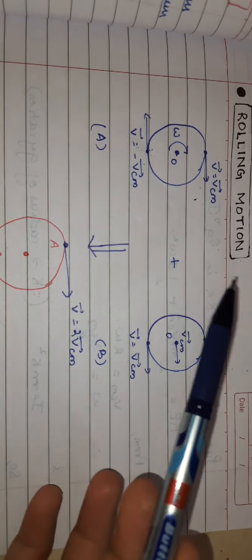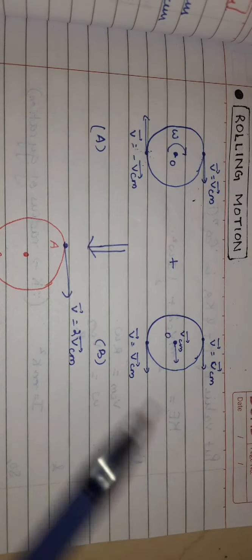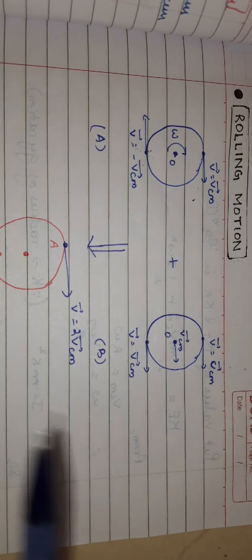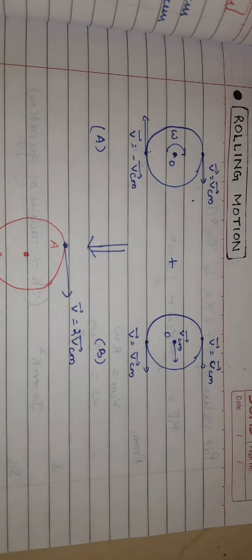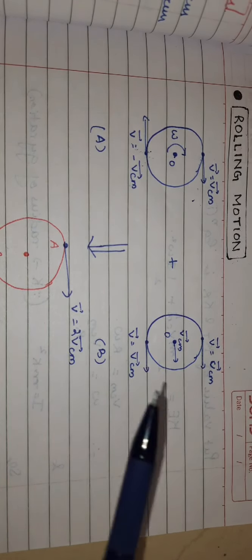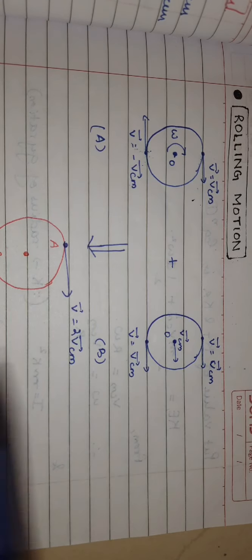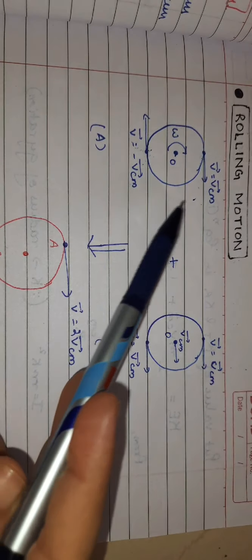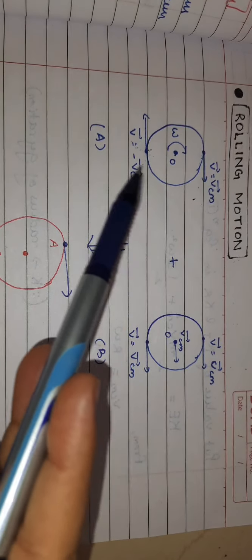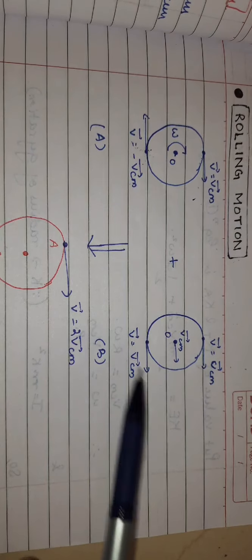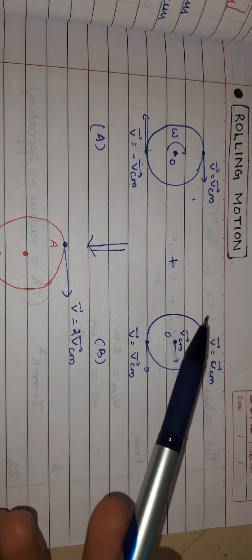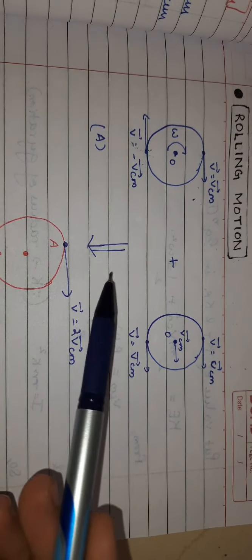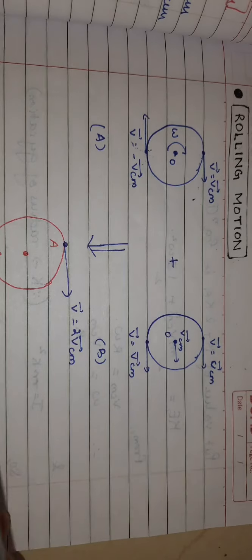First of all, rolling motion is just an example of planar motion, which is a combination of an object doing translational motion as well as pure rotational motion at the same time. We all know that there are three types of motion of a particle. One is pure rotational, for which I have drawn a diagram here, and second is pure translational motion, when the body moves in a straight line or linear way. When we combine both types of motion, they give us rolling motion.